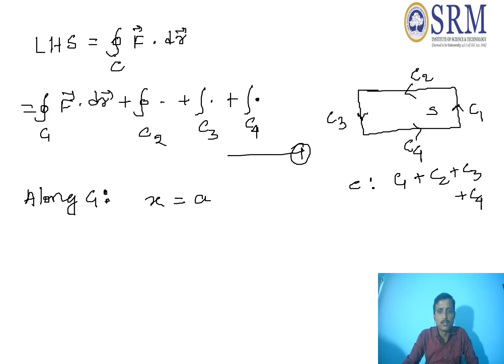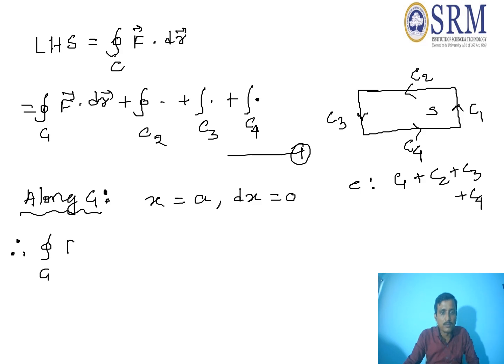Okay, x is equal to a. Already we have seen the graph. So what is dx then? The dx will be equal to 0. Okay, dx is equal to 0. Now these things you can substitute. So therefore, what about this integration? So along C1,